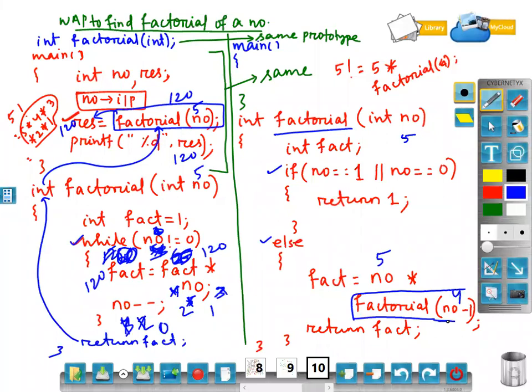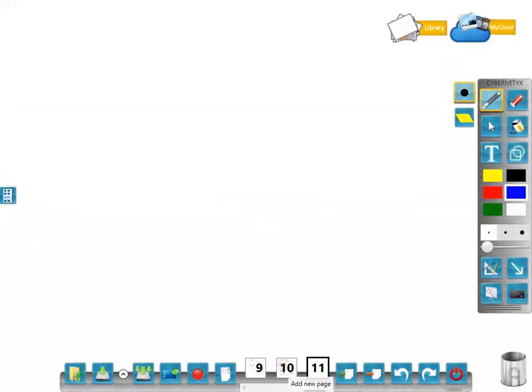So factorial 4 I am again calling. But remember, the same body will never execute; a different body will execute. The writing style is this one for function recursion. But how is it executing? Have you understood? I will tell you how this executes. Check. I am just telling you the sequence.